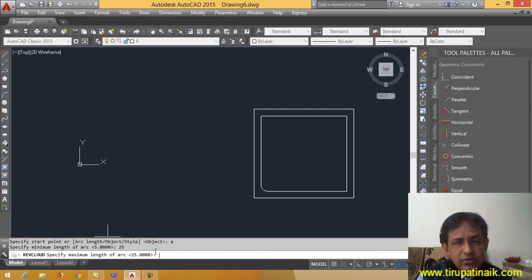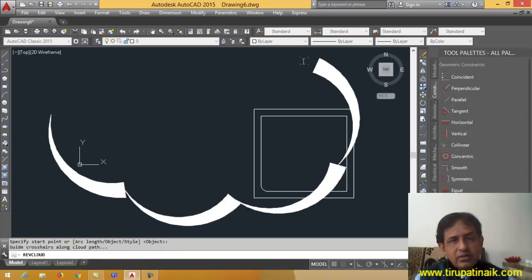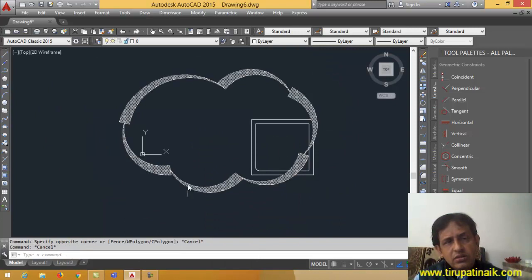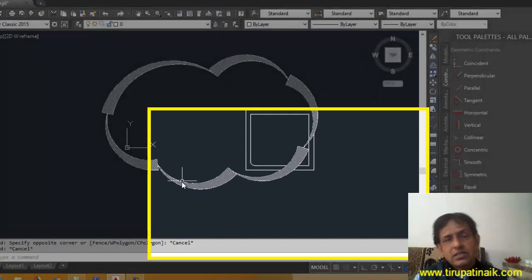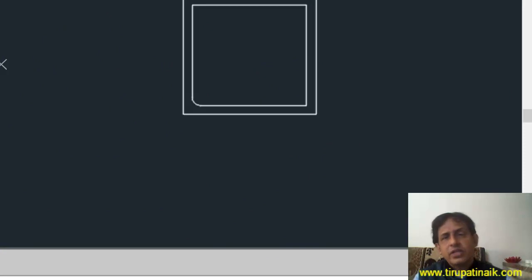Arc, A for arc, you can use the arc. Specify the minimum length, we can increase by 25, and then maximum is 50, and then you can start. So now the bigger the shape is going to be increased, the shape is changed. That's how we can create. Okay, so here this arc shape has increased. Earlier it was a 5, now it is a 25. Okay, that's how we can change the style of this option.